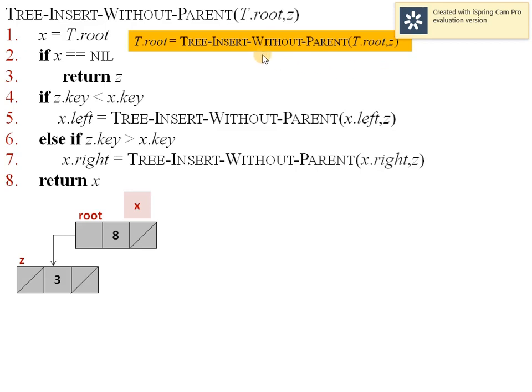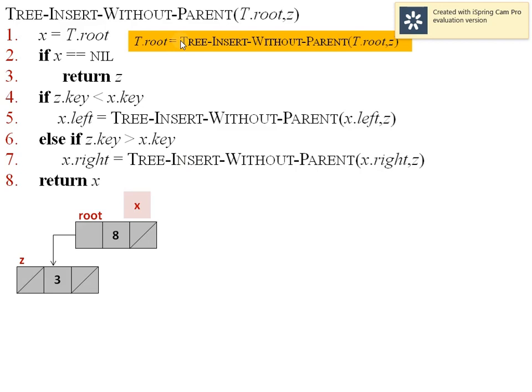Now we have returned again to this function because this is a recursive procedure. So we have executed this line and now we are again at this point. So else if will not be executed, and then we have to return x, and returning x means x is still pointing to the root node. So the root of the binary search tree is still 8.